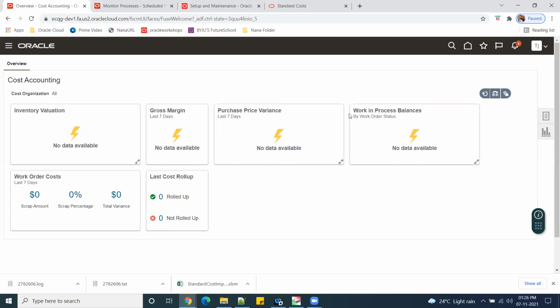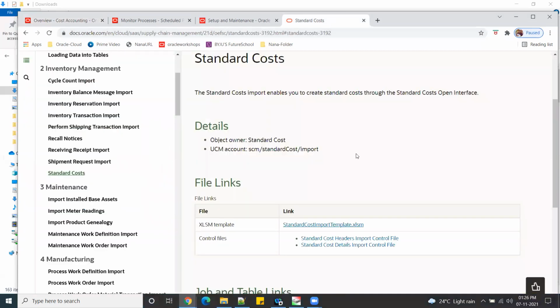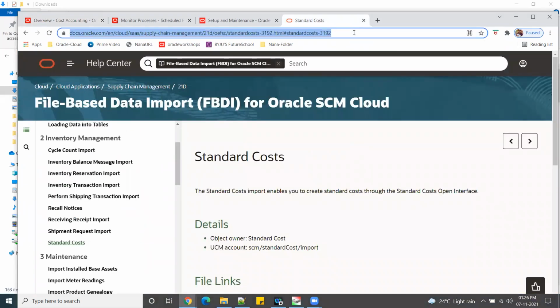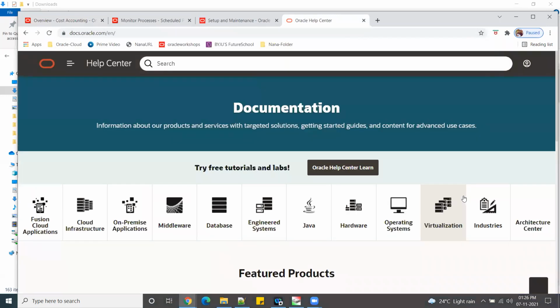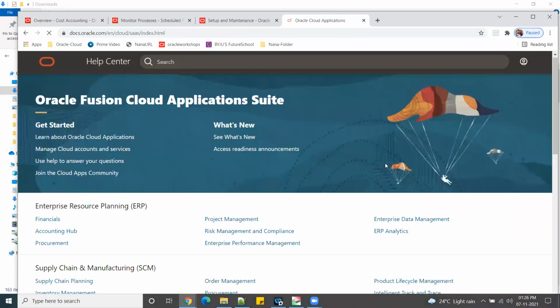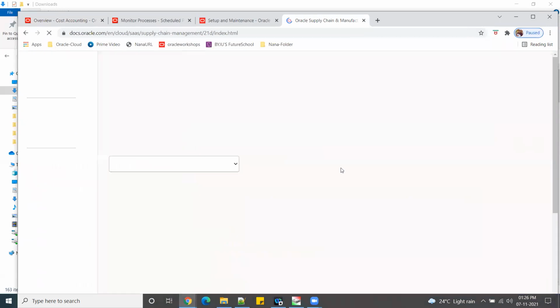After creation, we need to download the file through docs.oracle.com. Go to docs.oracle.com, cloud applications, then inventory management.